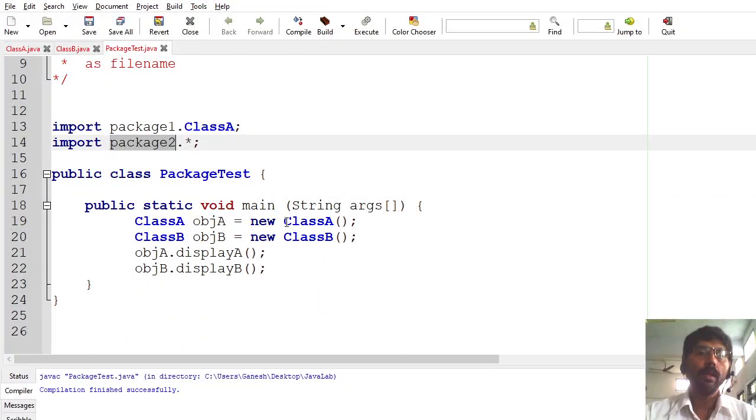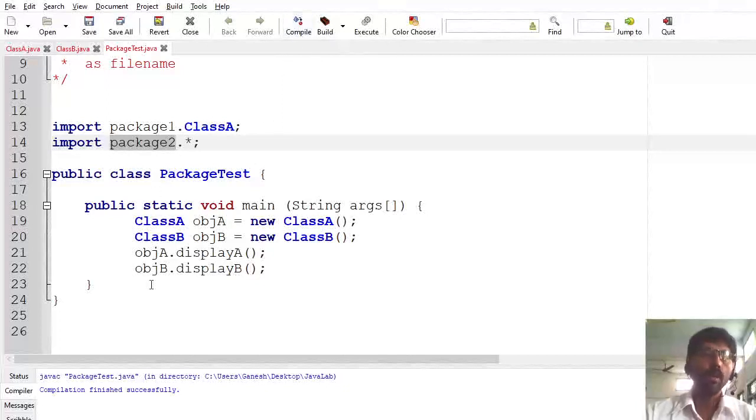In my main method, I have created two objects, one for class A and another for class B. Here object A means object of class A, object B means object of class B. Now I just call the display method of both objects and it will show the output here. Now I will first compile here.